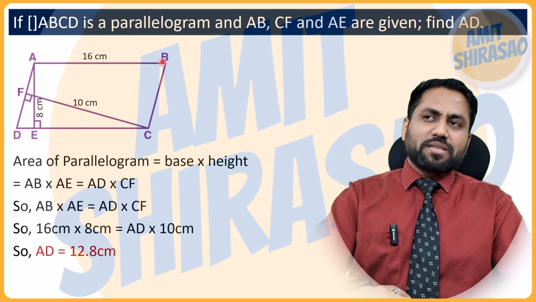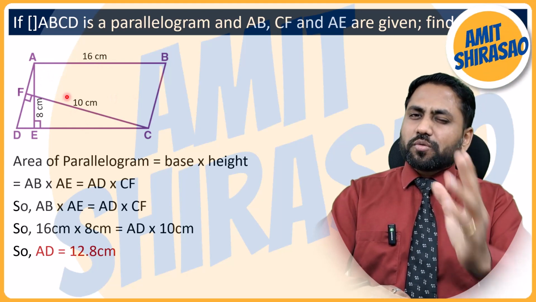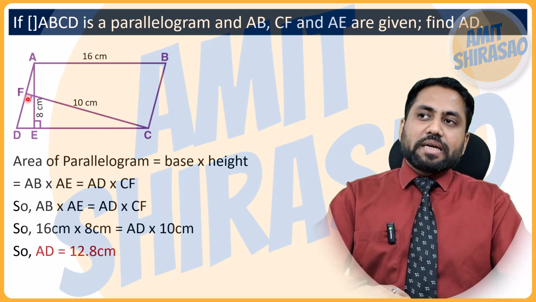DE or AB, anything, and height is what? 8 centimeters. Okay, and so we know the area of the parallelogram, we can find it out. Okay, then